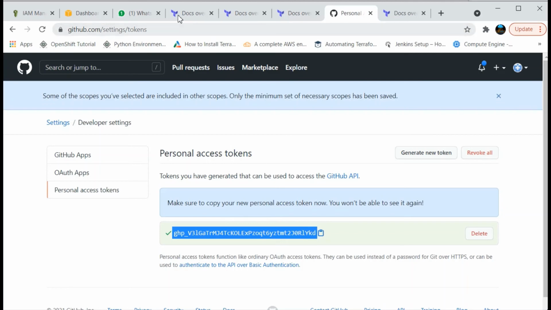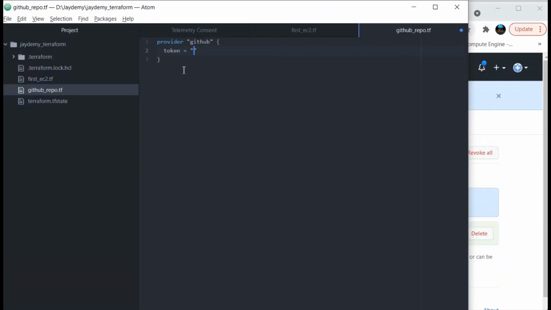So I have copied my token. Now I need to navigate to here. I copied the token here. Okay, so now the provider we have given, the token also we have given, and